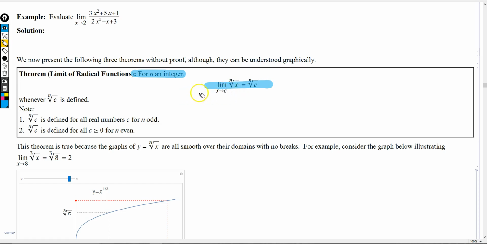Just one thing to note here, you have to be careful when this is defined. This statement is true whenever the nth root of c is actually defined. Now notice that the nth root of c is defined for all values c when n is odd, but it is only defined for c positive when n is even. Okay, so, and the reason for that is, for example, if I look at negative 8,